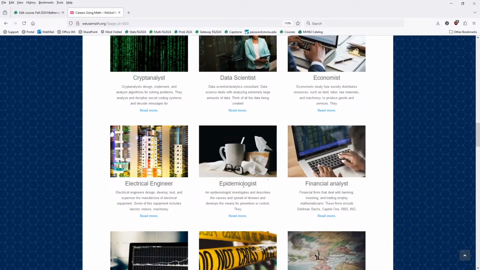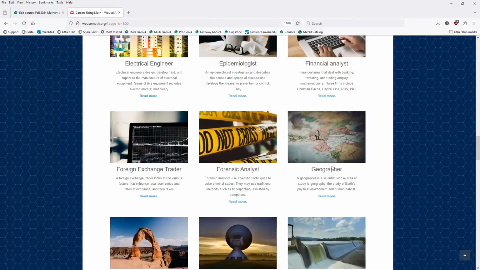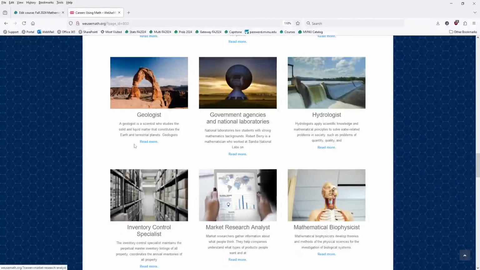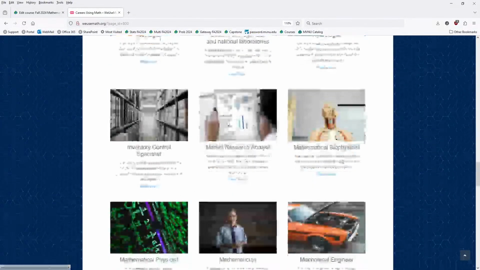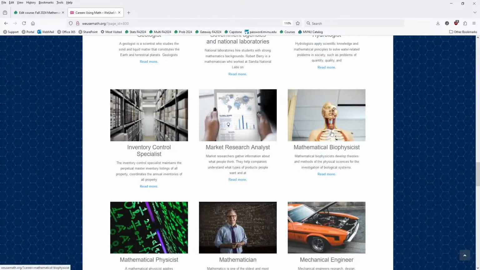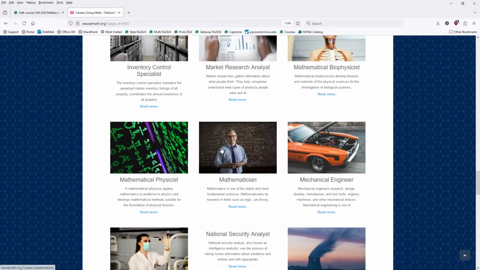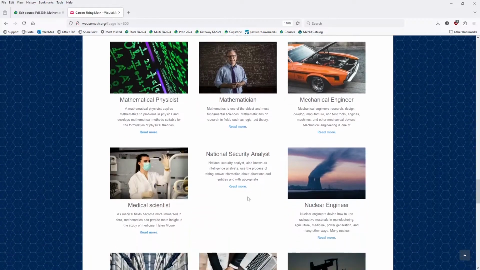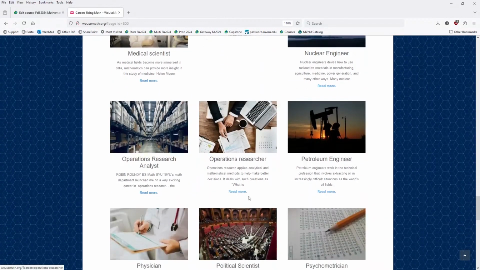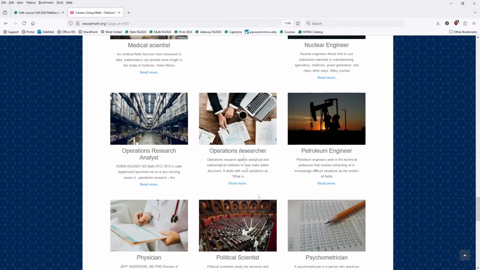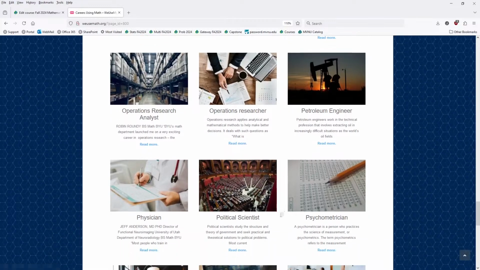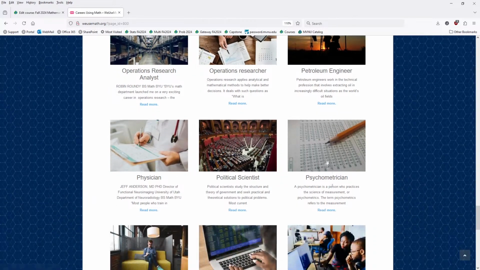Teaching is boring as a career, to be honest. For this project, it's much more interesting to go and look at geographer. How does geographer use math? Wait, there's got to be geologist. That's cool. Let me find one that I want to do. Mathematical biophysicist. But anyway, each one of these uses math. Oh, mathematician. Don't do that one either. But they use math on one level or another. Let's pick one that I don't know about too much. What is that? Psychometrician. I'm going to pick that one for now.